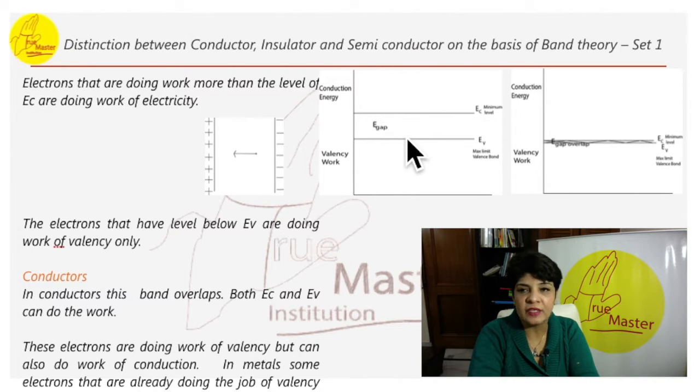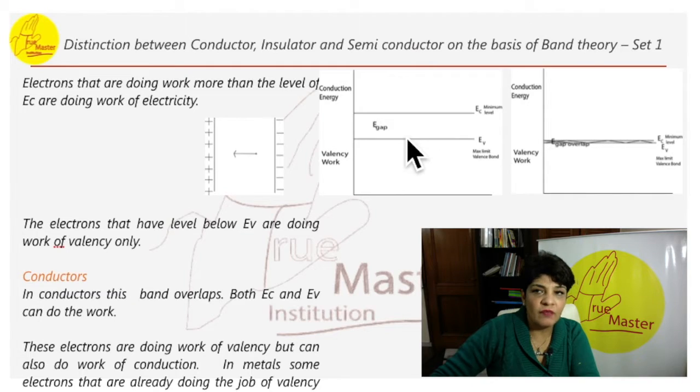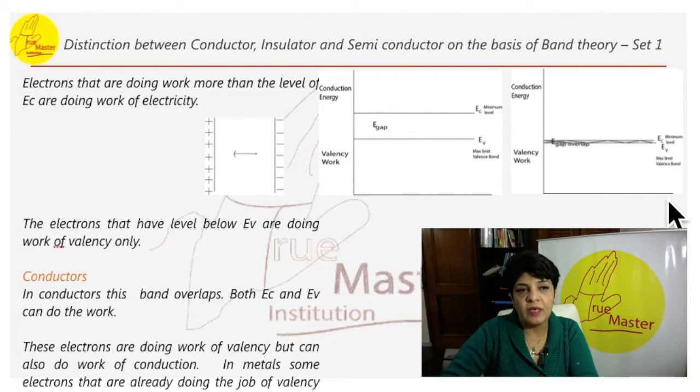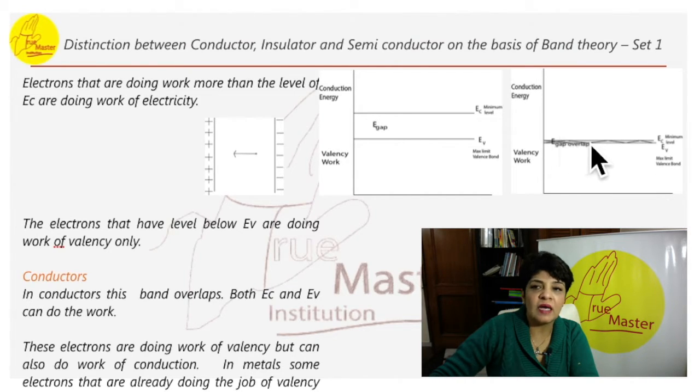Now, what happens in case of conductors? See, the same graph we are representing here in the form of conductors. The metals that do conductivity, what is happening for the energy level gap to them? The conduction band and the valence band are overlapping. If you see, these two bands are overlapping. There is no gap here between Eg. A large number of conduction electrons are present in the conduction band. So there will be a lot of electrons present here, and the conductivity of metal will be very high. There will be fewer electrons here in the EV part. These both are overlapping and there will be a lot of electrons in the EC band.